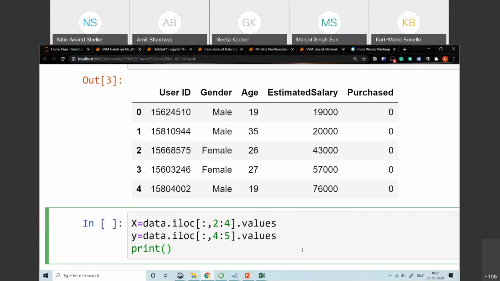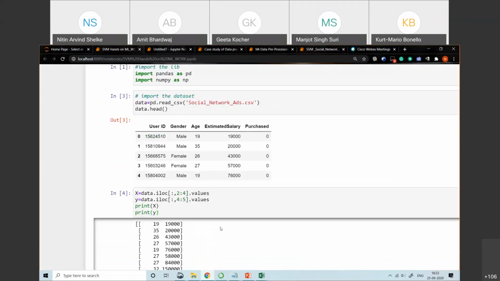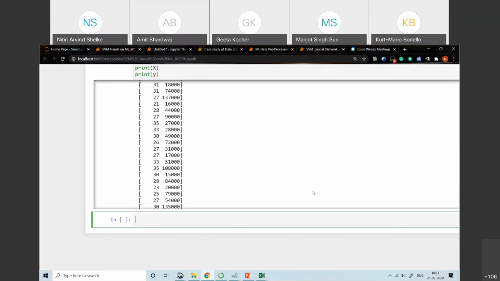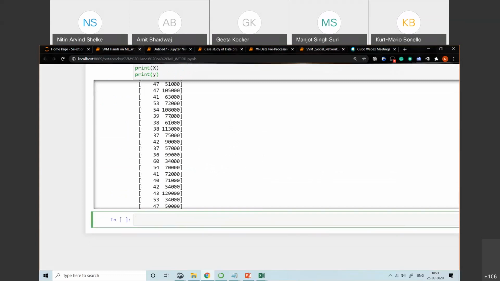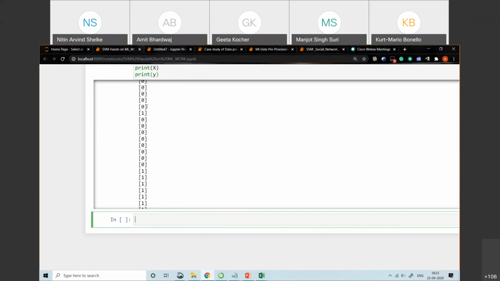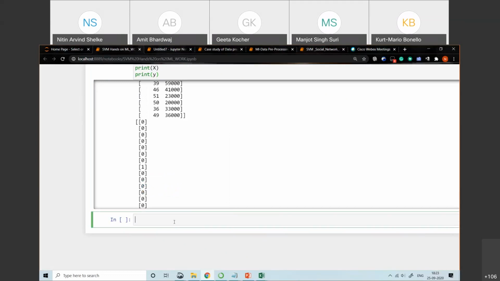The syntax is the same, only the logic is different. Print x and print y. So this is your age and salary, and this is my dependent variable y.